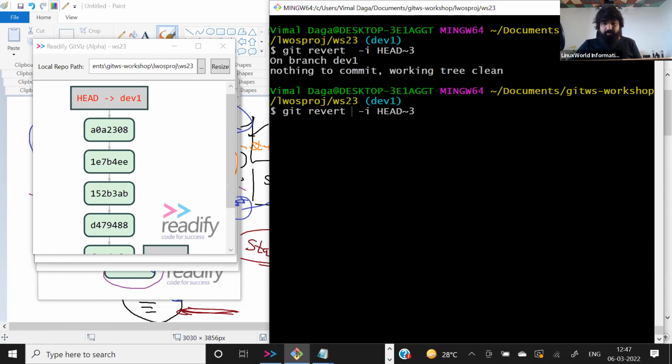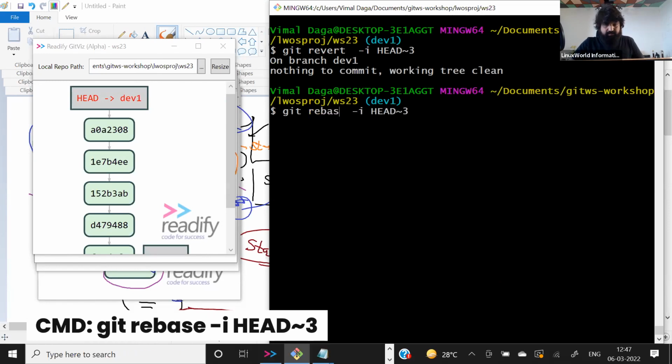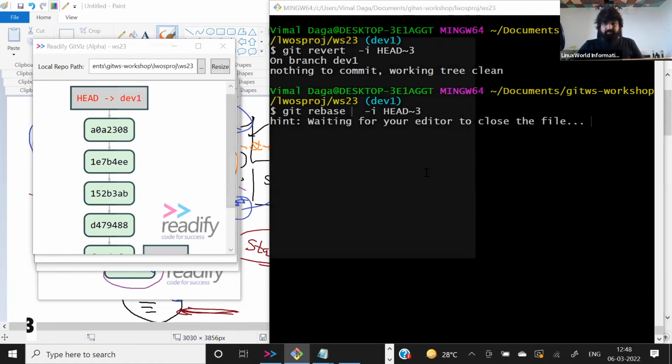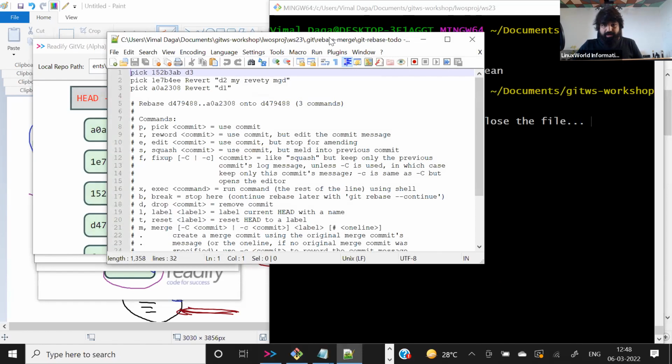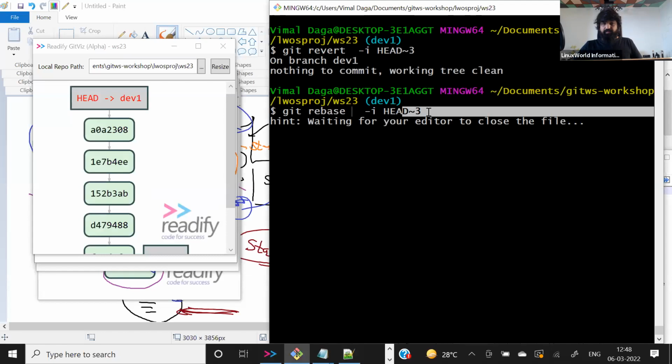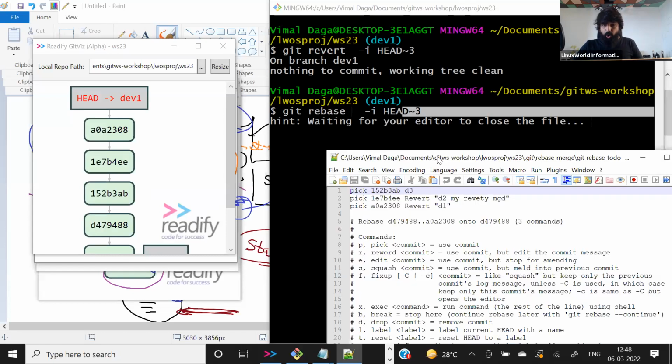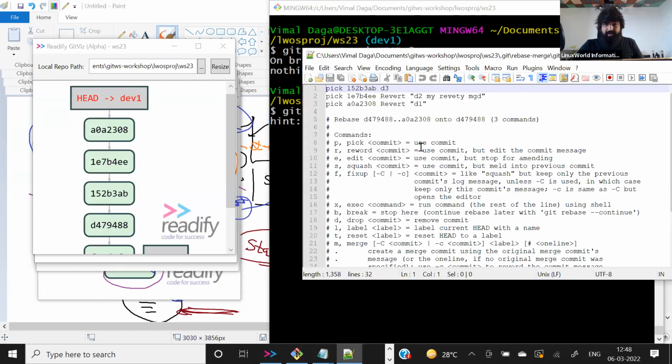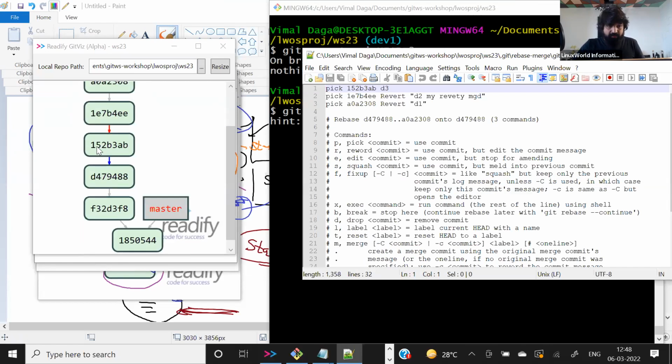Instead what I'm doing here, I'm just doing rebasing. Okay, rebasing here. Now I am doing rebasing. I told you about rebase, right? But I want to rebase till here. Okay, so if I open this, they open that you are trying to rebase and 3 head back. Okay, and they open automatically this file and say because you are doing 3 head back, so I pick 152,